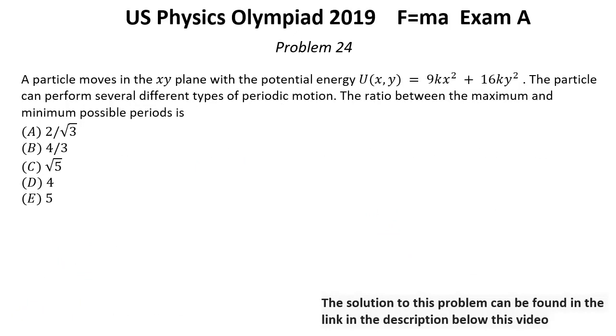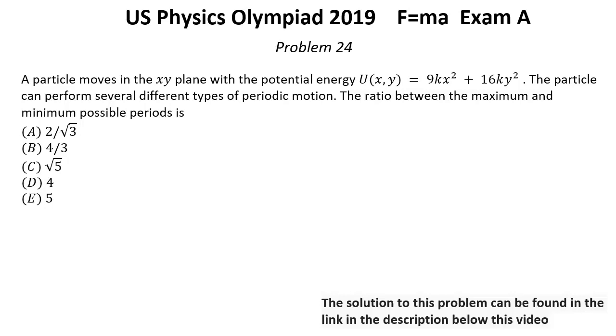Problem number 24. A particle moves in the xy plane with the potential energy U equal 9kx squared plus 16ky squared. The particle can perform several different types of periodic motion. The ratio between the maximum and the minimum possible periods is